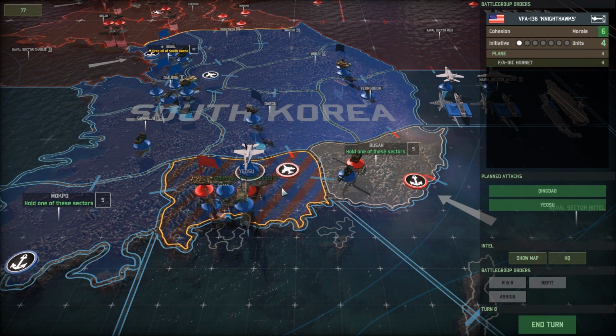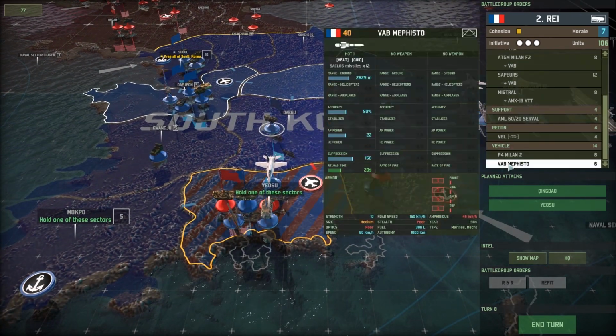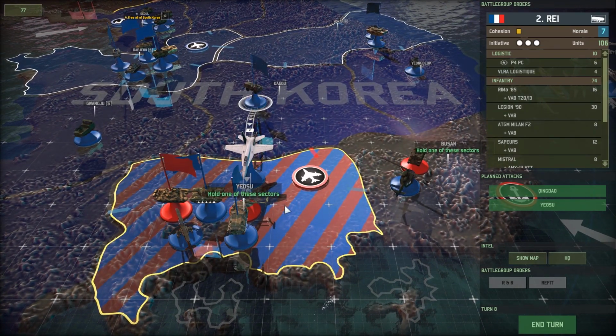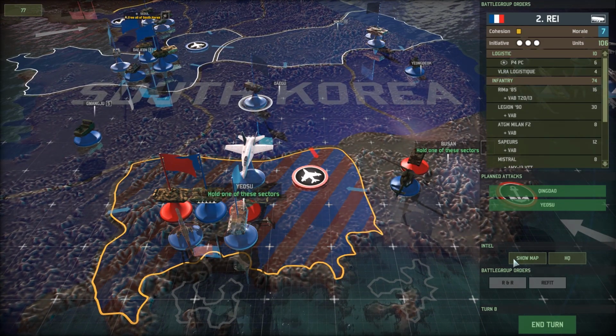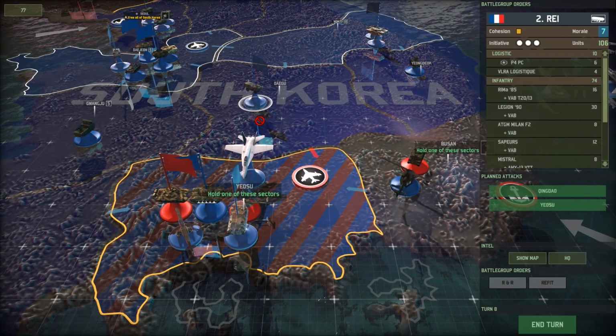I'm going to go ahead and bring the rest of the whooping to the North Koreans now. We're going to get the rest of our units out. I'm going to give a little bit more love to the South Koreans here as we look at the map at Yusu, and I'm going to see what we can do to hold the enemy back. They've got a lot of sectors that they can spawn enemies from, so we're going to bring down the